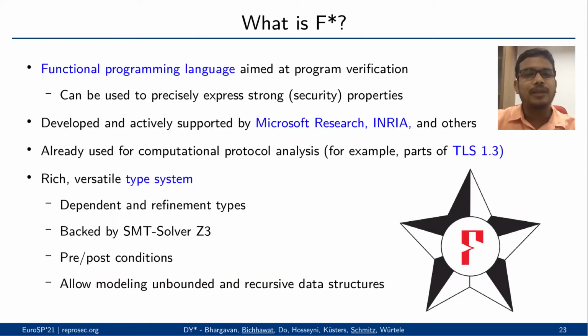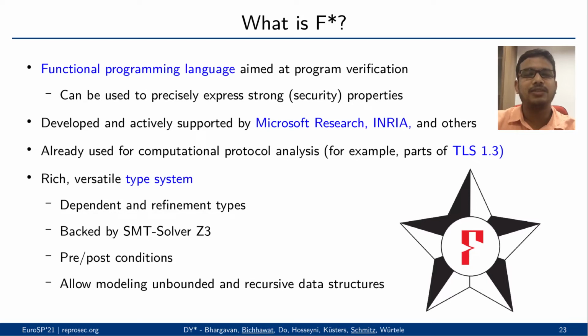F-star is a functional programming language that is aimed at providing guarantees and proving properties about the code. Previously, F-star has been used for computational protocol analysis, but hasn't been used for symbolic analysis. Its powerful dependent type system and the proof environment allows us to easily model and verify unbounded and recursive protocols